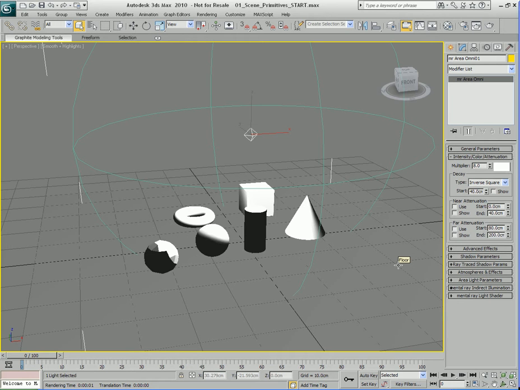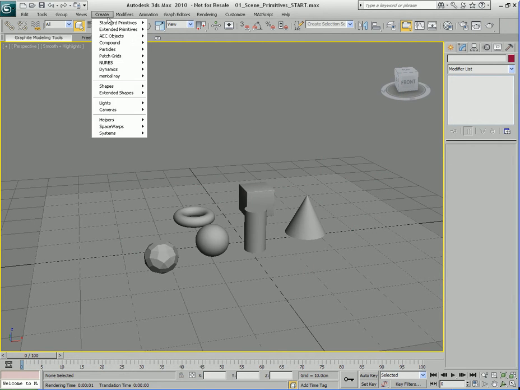So that's going to do it for this area light here. With this area light selected, I'm going to go ahead and delete that. I'm going to go to the create menu here. I'm going to go to lights. I'm going to go to photometric lights, and now I'm going to go to the MR sky portal, the Mental